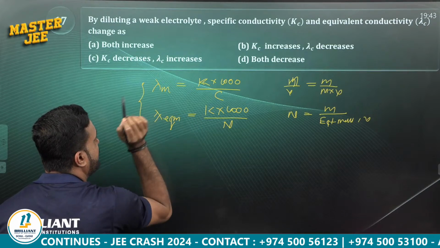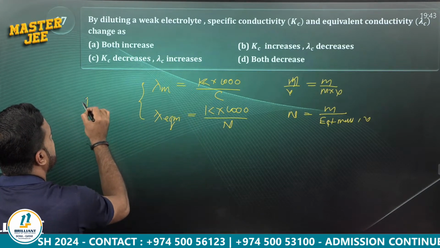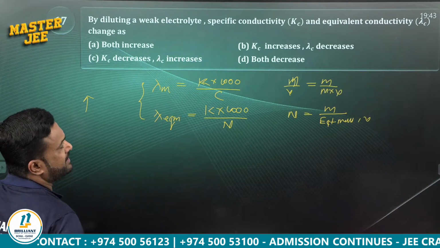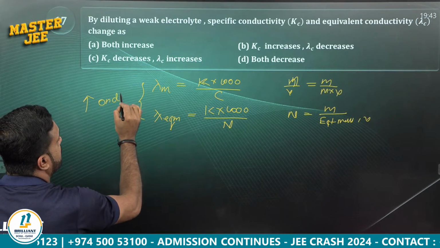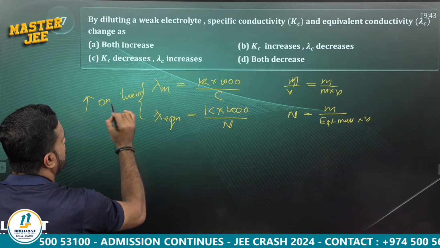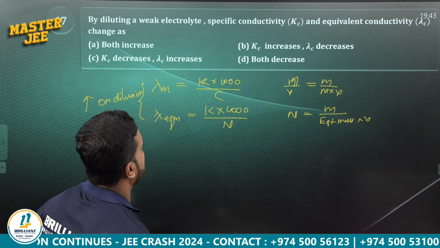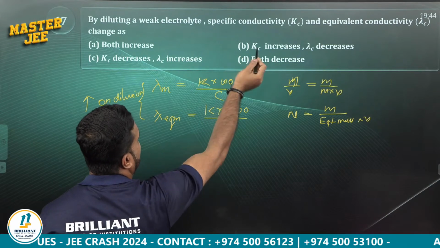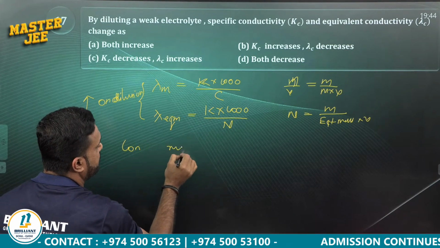Both lambda m and lambda equivalent conductance, you know that one, increase with increase in dilution. So both will increase on dilution. That we learned. So when dilution increases, molar conductivity increases. But what about conductivity? That is what we just learned. Conductivity